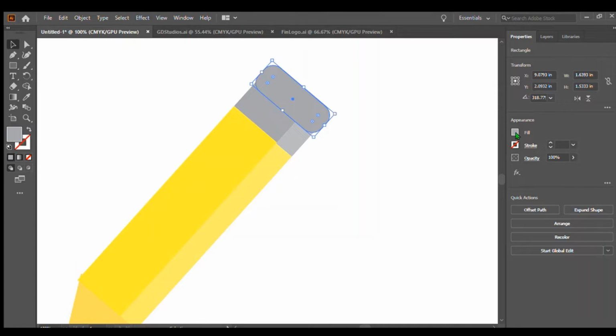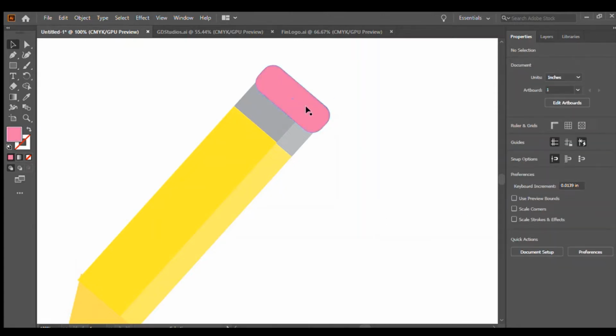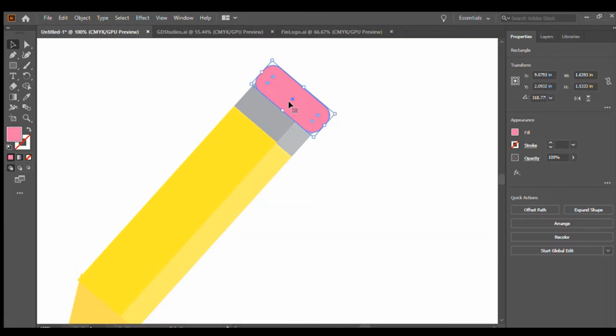Just like that. And then we're going to set the color to a nice bold pink. And then we're going to left click, and what you'll see is a few options. What you're going to do is click on it, select it, and then left click on it, and there'll be something called arrange. You need to hover over it, and it'll say bring to front, bring forward, send back, or send to back. If you don't see that, what I want you to do is hold shift, control, and the